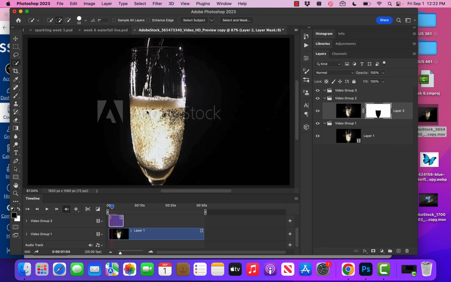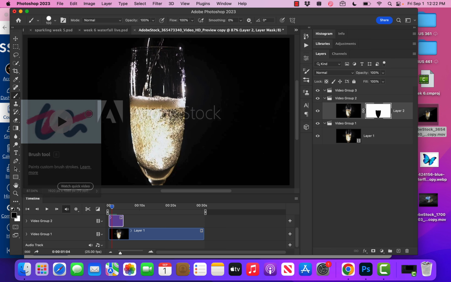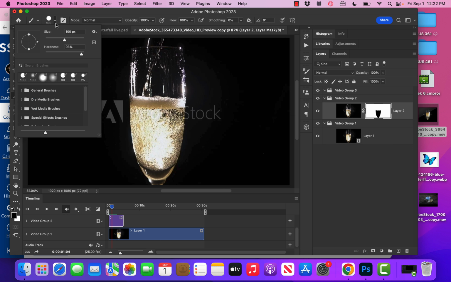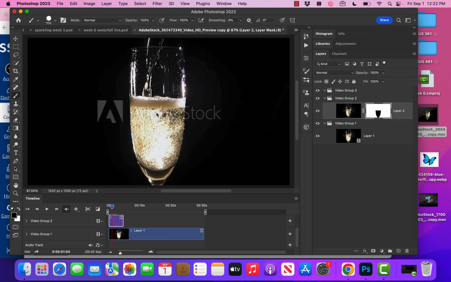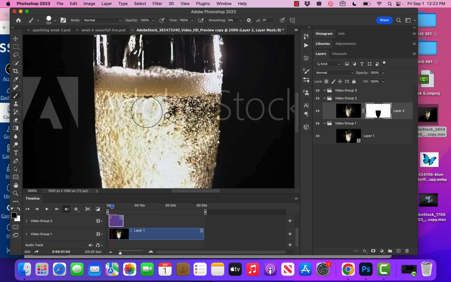So you can see a couple of lines here where it's kind of obvious there's a little problem. So I went and got my brush tool, and I guess the defaults are white foreground and black background, so you can hit the double pointed arrow to swap them because you want to paint with black at a high hardness, like 100% or 90%. And you want to come in and just where the tip of your brush is, I can spacebar command to zoom in, and I can click on those little spots that should